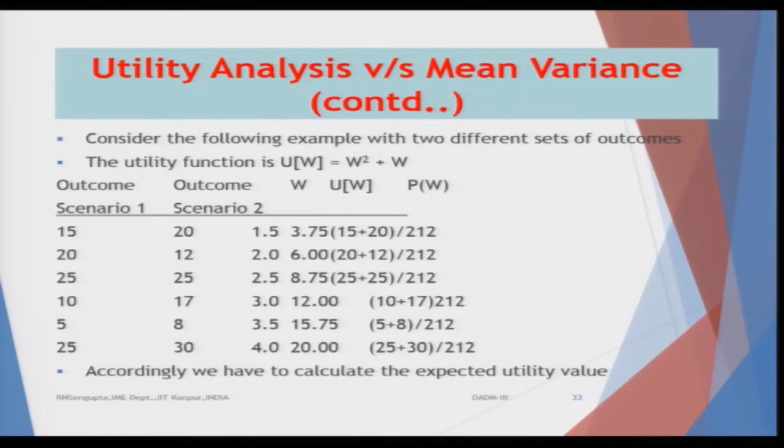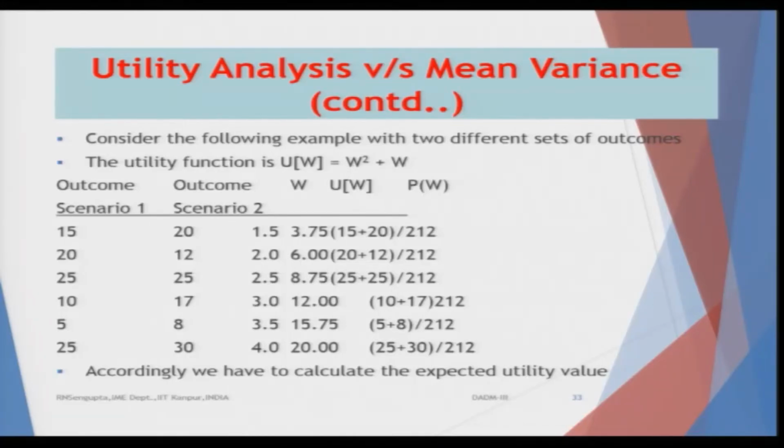The utilities again I consider very arbitrarily to be 1.52, 2.53, 3.54, and the corresponding utilities are found out using the quadratic utility function. And we also find out the probability based on the fact that both the scenarios need to be counted together, such that the total of all the scenarios is